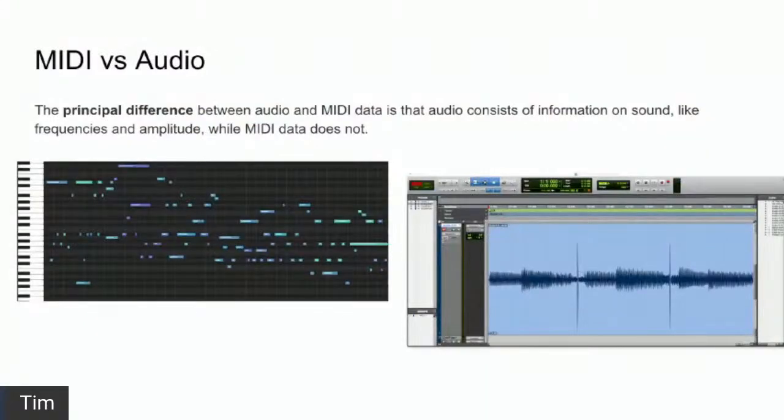Whereas audio is basically sound. The sounds that you hear. According to this particular website, the principal difference is sound contains information such as frequency and amplitude, basically saying how loud or how sharp the sound is. That's what sound is. So audio is whatever you record from a guitar, whatever you record from a